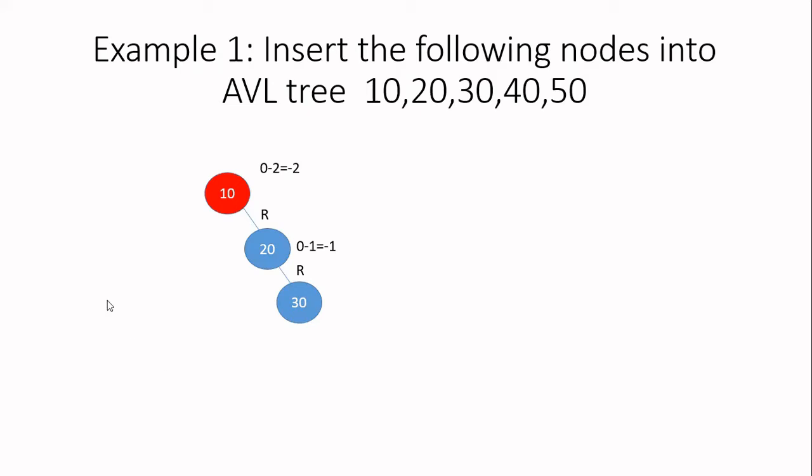When the letters are same, you perform rotation in the opposite direction. Okay, what is the meaning? Here, if you see, the tree is heavy in the right. When the tree is heavy in the right, you have to rotate it in the anti-clockwise direction so that it will be balanced. So now R means it is in the clockwise direction, so you rotate in the anti-clockwise direction.